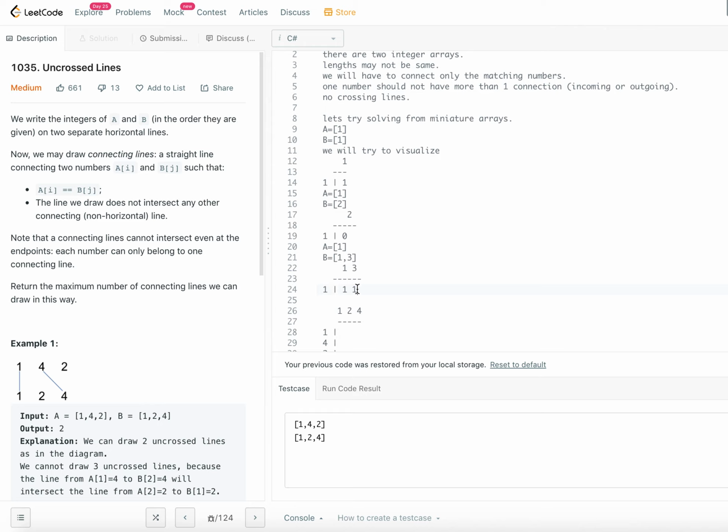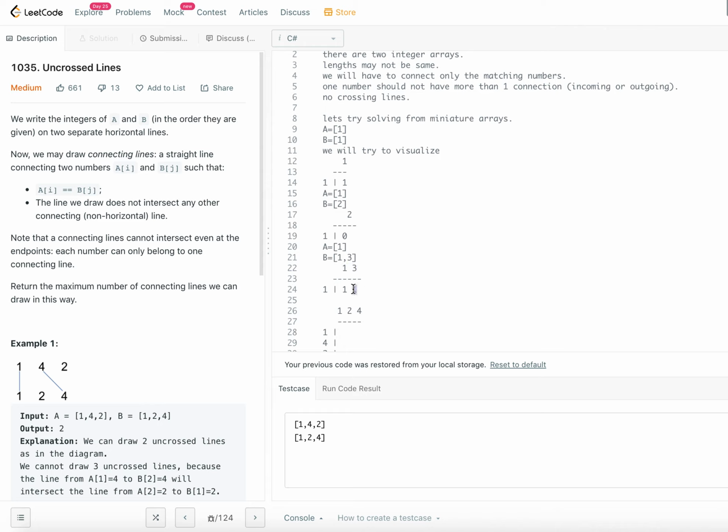What does it mean? It means that with a single element in array A, even if you take both elements in array B, we can come up with only one uncrossed line. Keep that in mind. This doesn't mean that you are connecting 1 and 3. What this means is that by taking one element in array A and two elements in array B, we are able to come up with only one uncrossed line.